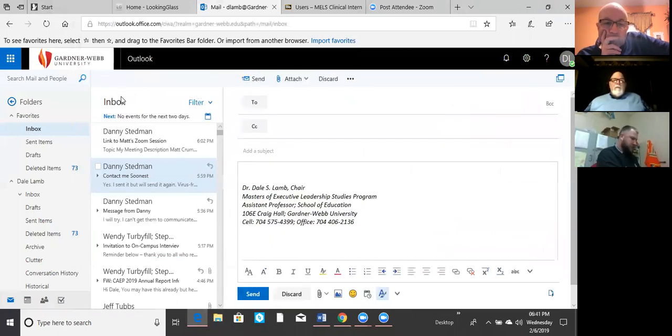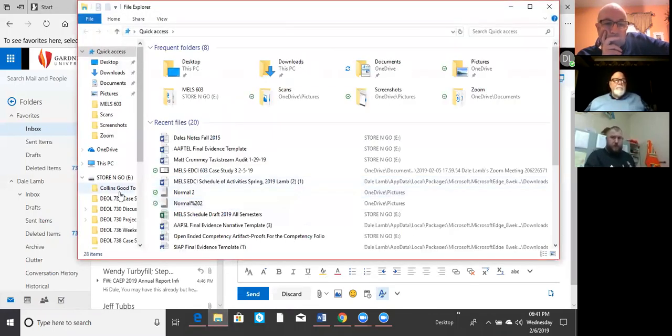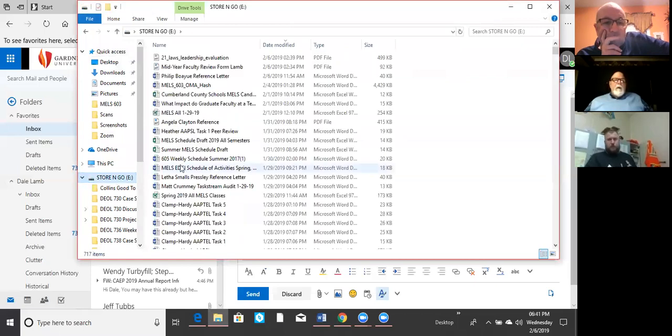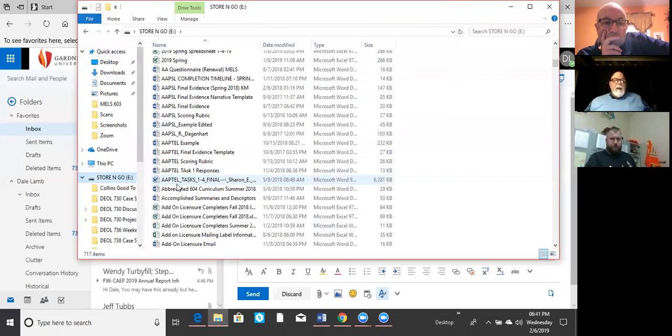I am not going to give you the whole template. I'm just going to go to that template and copy and paste out of it what a written competency looks like. Let me see, app cell, final evidence template.